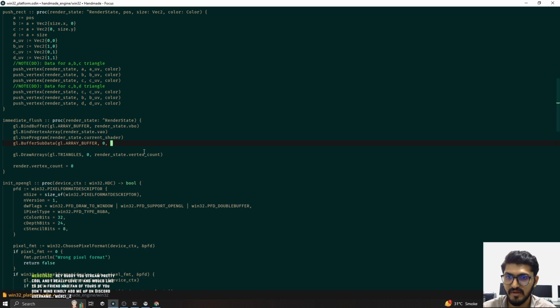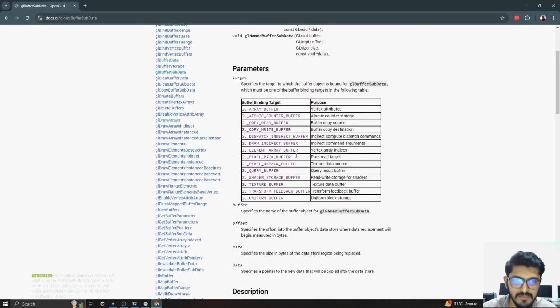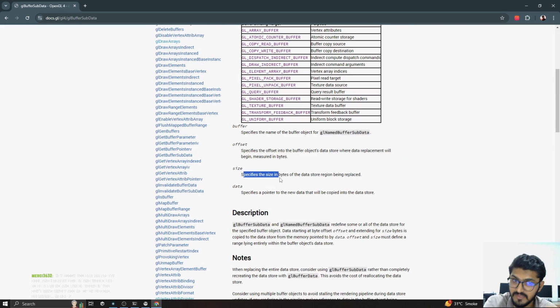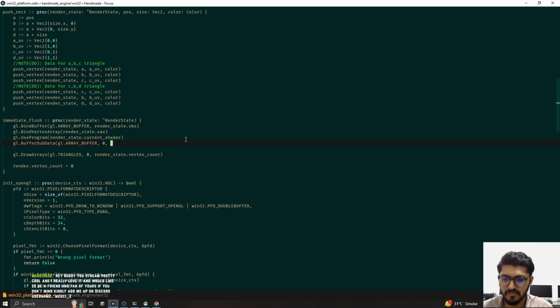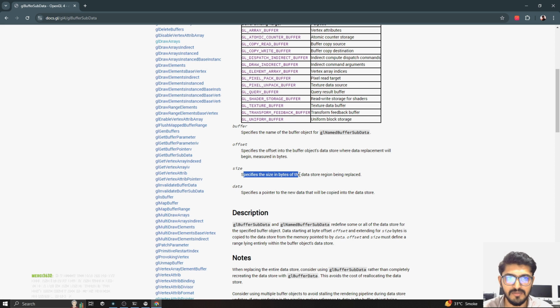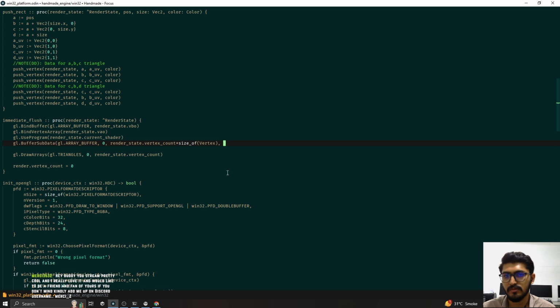Then we have to define size. So size of the buffer, I think this is size in bytes, so we can specify the size in the bytes of the data. So the size in bytes would be the size of the vertex multiplied by vertex count, right? So how many vertices we have and what is the size of one vertex, and that would be our size. And then specify a pointer to new data that will be copied into the data store. So this would be our